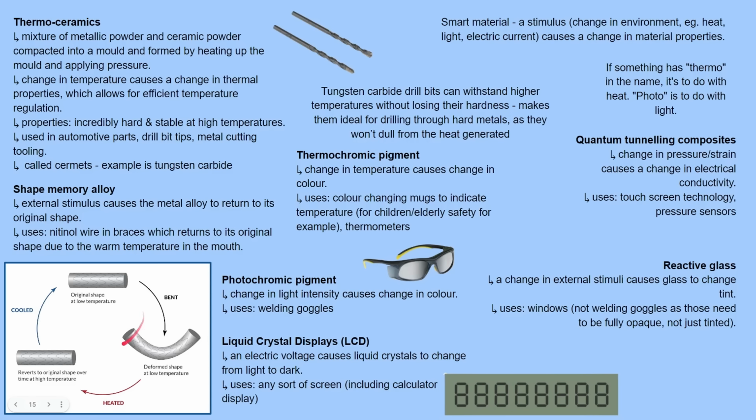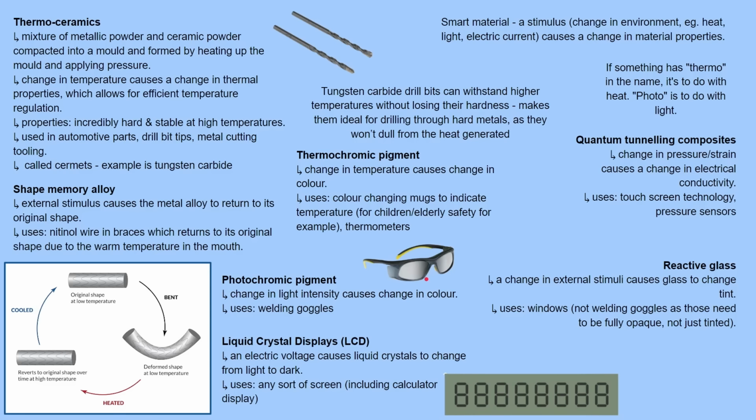And that's a cycle of shape memory alloys. Then we can talk about thermochromic and photochromic pigments. If something has thermo in its name, it's to do with heat, and photo is to do with light. So with a thermochromic pigment, a change in temperature causes a change in color. Simple as that. A use is color changing marks to indicate temperature for children or for vulnerable people, and in thermometers as well. Then photochromic pigment, similar to thermochromic pigment: a change in light intensity causes a change in color. So, for example, in welding goggles,